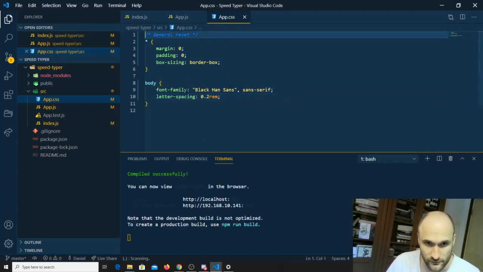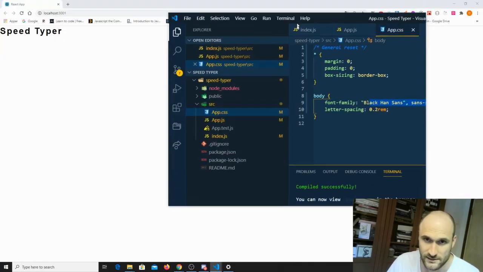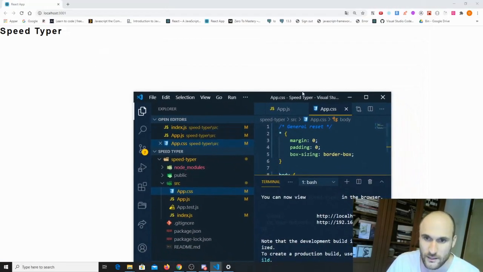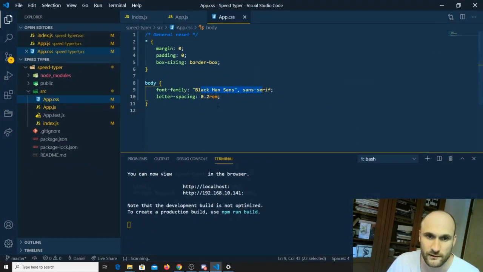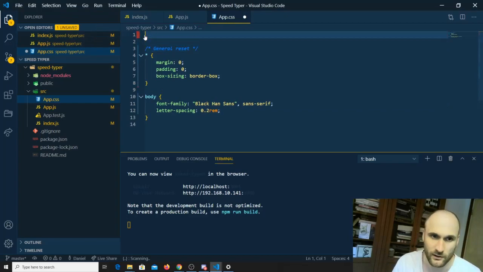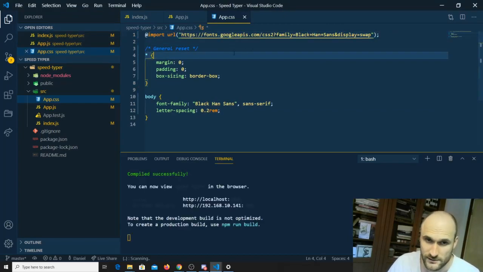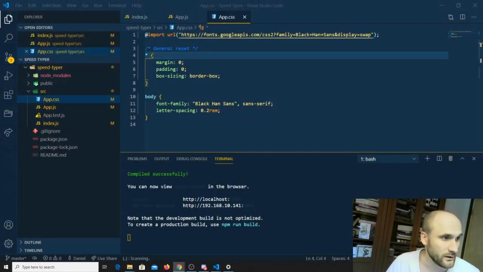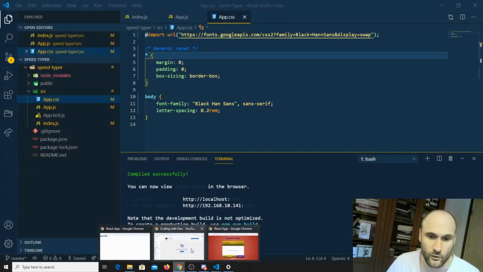So, of course, to get use of this Black Han Sans, because if we go back now, we don't really have any use of it yet, we have to import it. So I have the link over here. I'm gonna copy paste it in, but I'm also gonna show you how I got these links. Basically, it's taken from Google Fonts. So I'm gonna go here and head over to